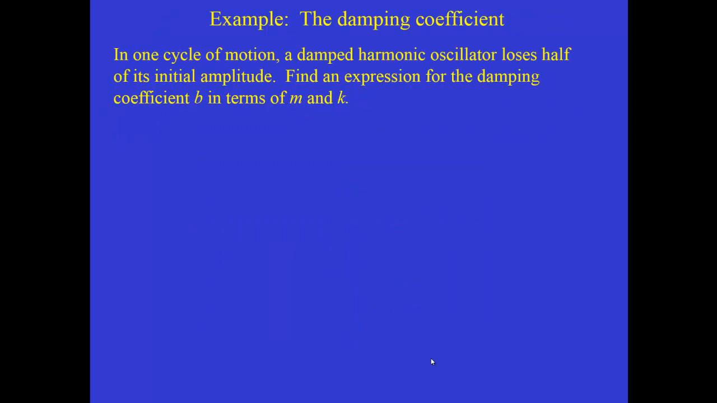So here's a quick example. Imagine that you're given a problem, and there are some homework problems similar to this, that says in one cycle of motion we observe a damped harmonic oscillator to lose half of its initial amplitude. So if the initial amplitude was 10 centimeters, we let it go, and after one oscillation it only comes back to 5 centimeters. So with that information, find an expression for the damping coefficient b in terms of m and k. So this, obviously, if it's going to oscillate and come back, although at a lower amplitude, is underdamped motion,